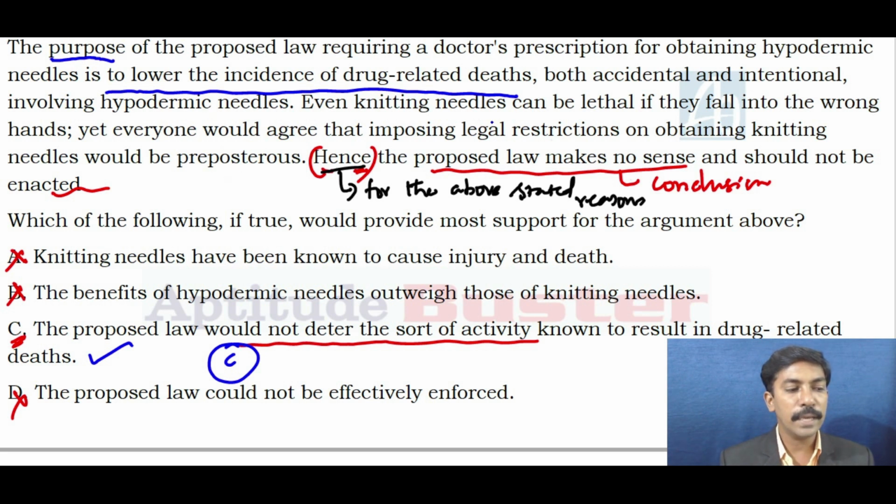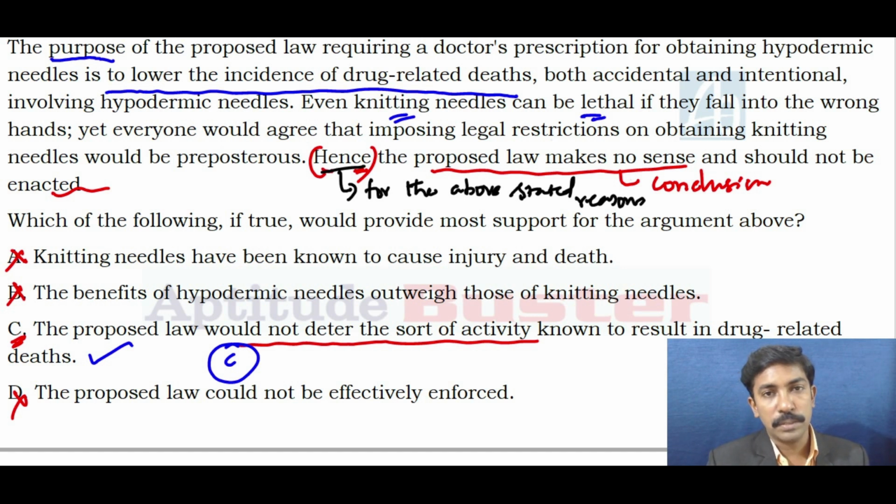Even knitting needles can be lethal. Whoever has basic information about tailoring would know what knitting needle means. Even knitting needles can be lethal if they fall into the wrong hands. Yet everyone would agree that imposing legal restrictions on obtaining knitting needles would be preposterous. The purpose of the law is to bring down drug-related deaths. How does it aim to achieve the purpose? The law aims to achieve the purpose by